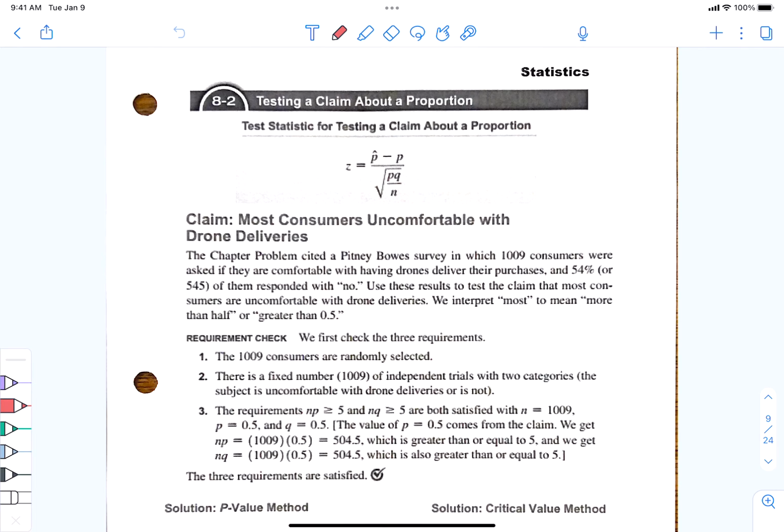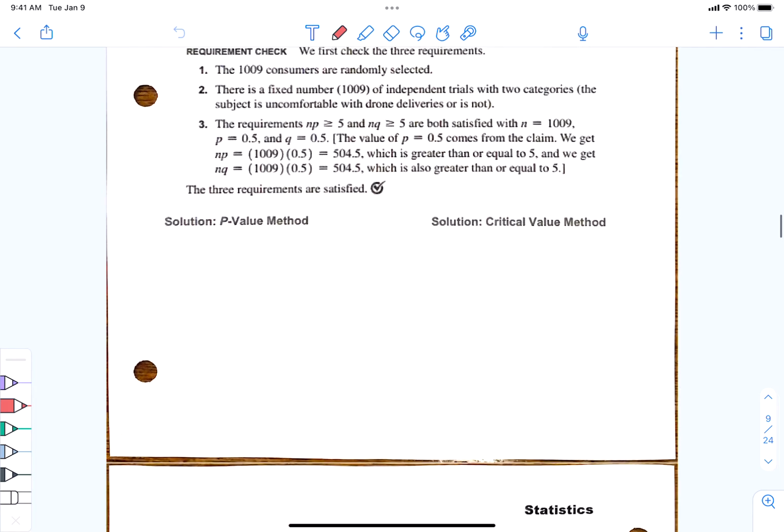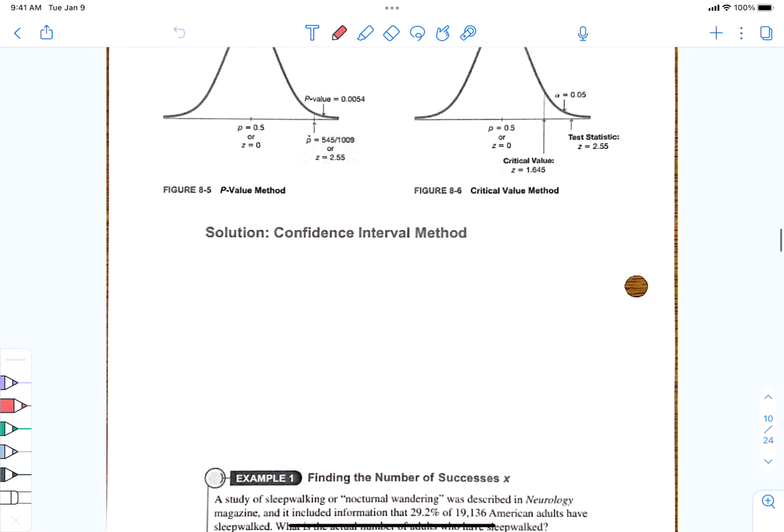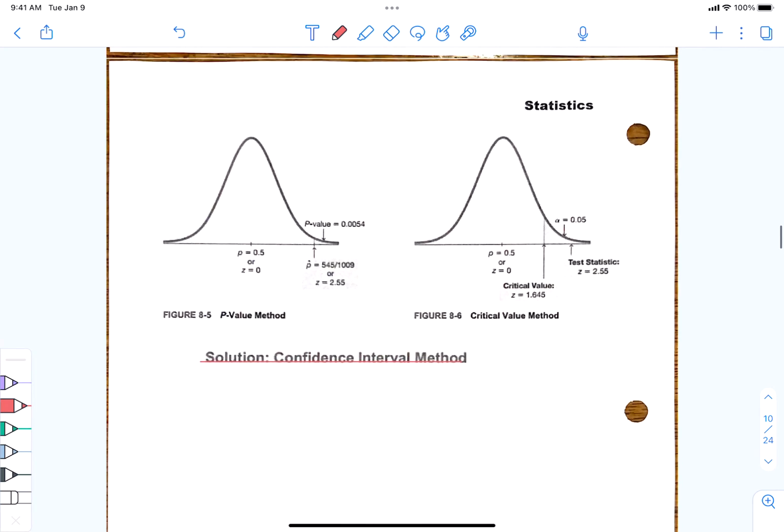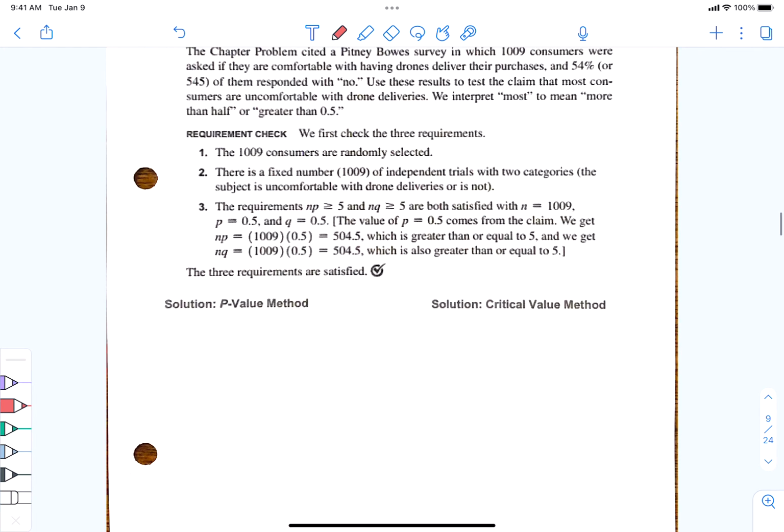All right, hey Jackson and Ellie, this is 8-2. We're gonna get partway through this. We're just gonna do maybe the first couple examples and stop after the confidence interval method. Don't cross that off, don't cross that off. I'm crossing it off, but we're not gonna do it till tomorrow, so don't cross it off, okay? We'll get through the p-value method, critical value method, and then I'll give you some problems to